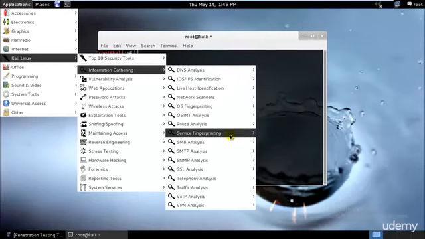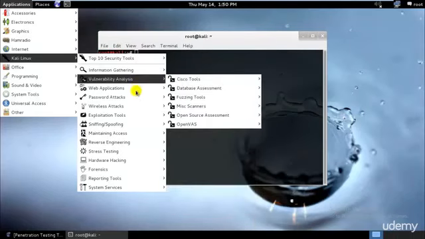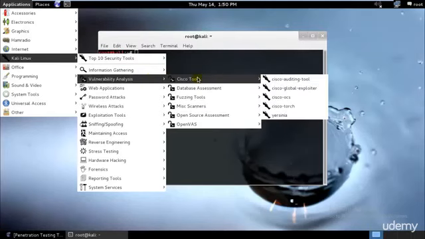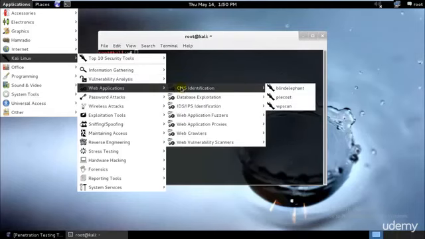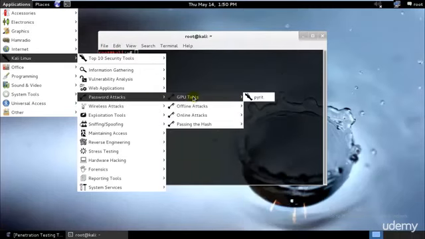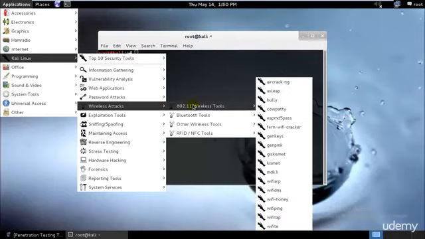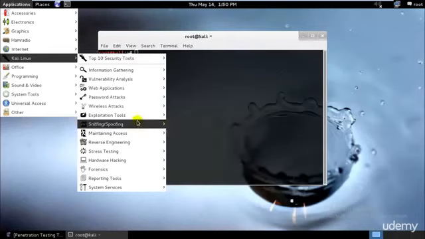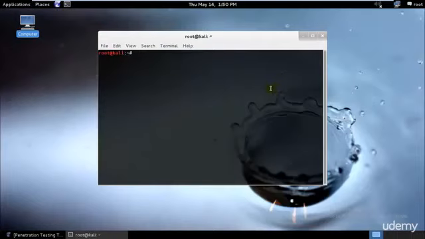As you can see, we have loads of other tools, and we will be learning almost 90% of them in these tutorials starting from now on. These are vulnerability analysis tools for websites, checking how secure they are. These are for web applications running online. These are offline attacks. Password attacks can be much faster if you have a graphics card, because most of the time, or almost all of the time, password attacks are cracked by graphics cards. The reason being that they are much faster than a normal CPU. That's why. So we have wireless tools, exploitation tools, sniffing, spoofing, maintaining access, reverse engineering, and many more. So starting with dnsenum,